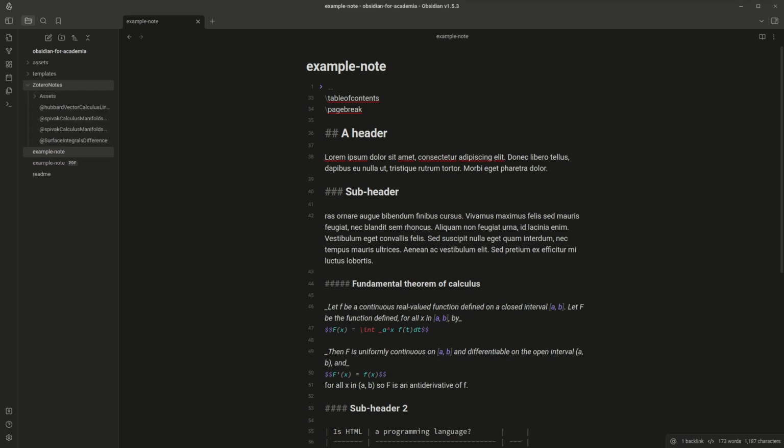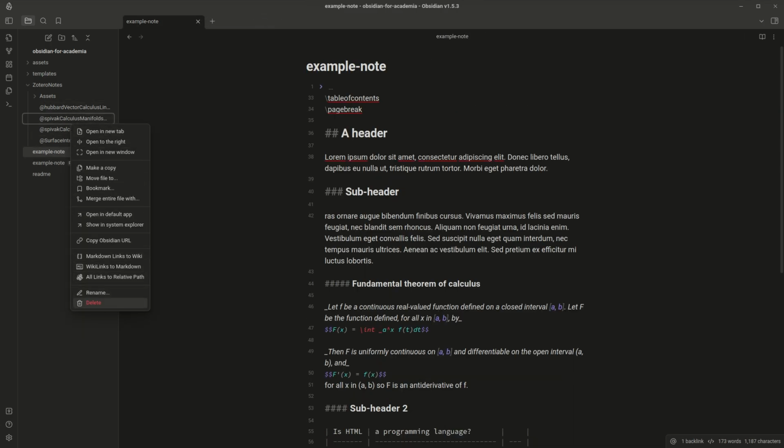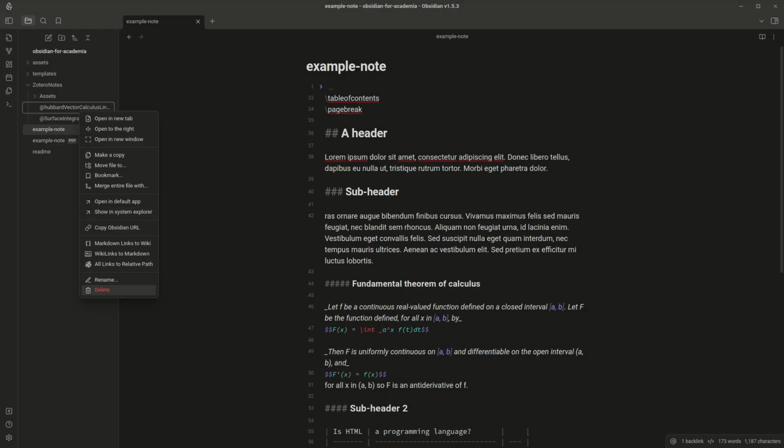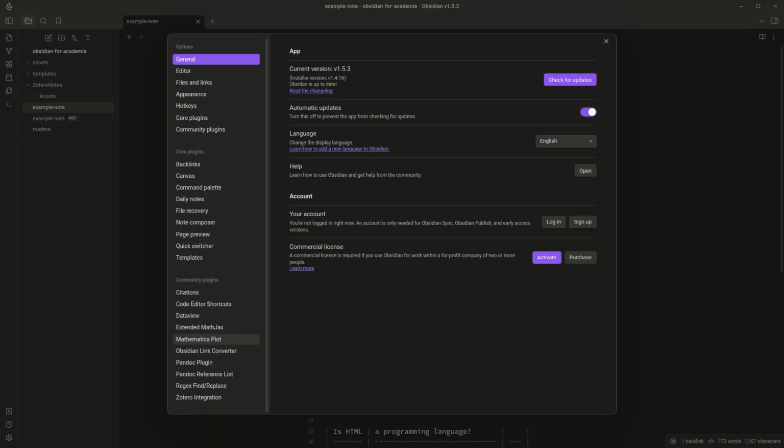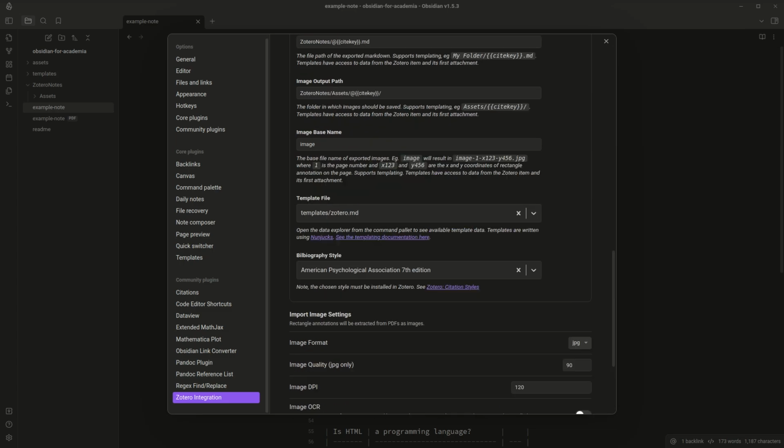So what I would do is, all right, let me delete some of these notes, which I don't know what they are. Yeah, I've been doing some tests while setting up all of this. So let's just delete that real quick, and let's leave the assets. We don't really care about that. So if you followed the tutorial, you should have created this